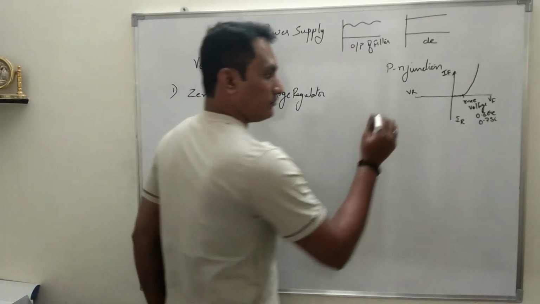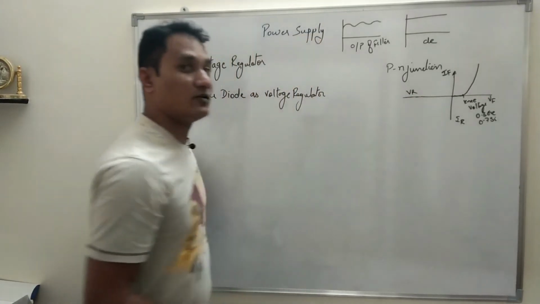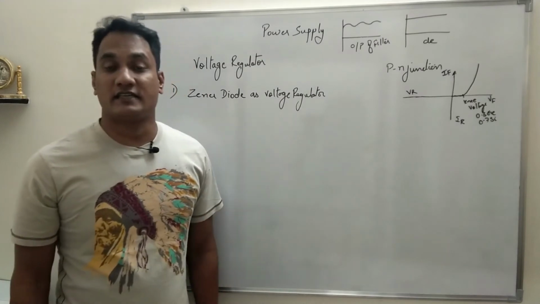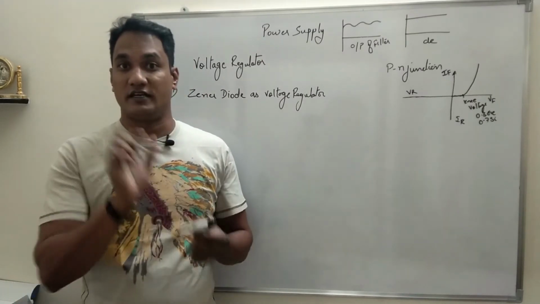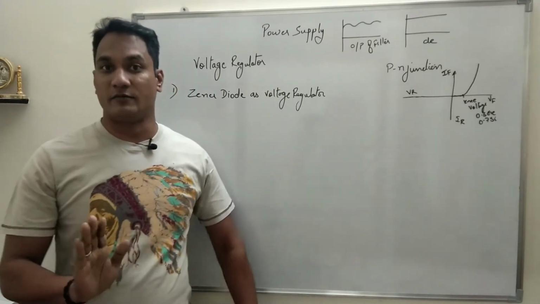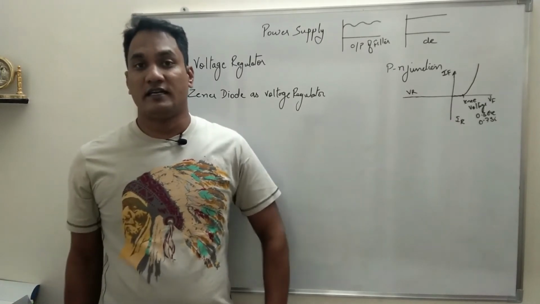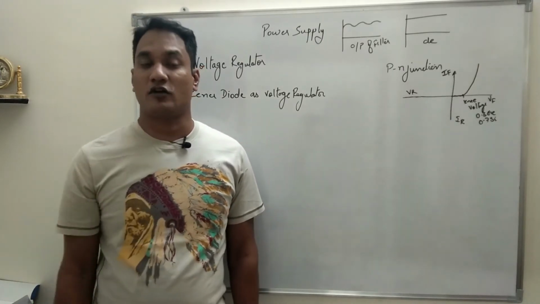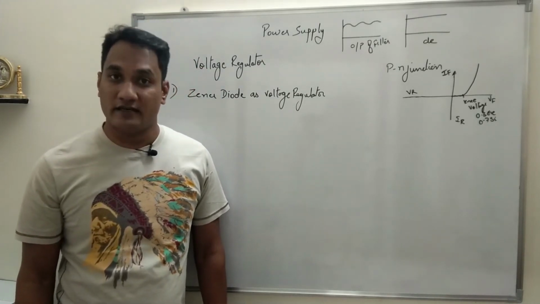Okay, in reverse bias condition, what happens is P is connected to negative and N is connected to positive. So both the charge carriers move away from the junction. Depletion layer width increases, potential barrier increases. That means we say in general terms no current flows through the PN junction diode, but there will be a negligible amount of current flowing because of minority charge carriers.